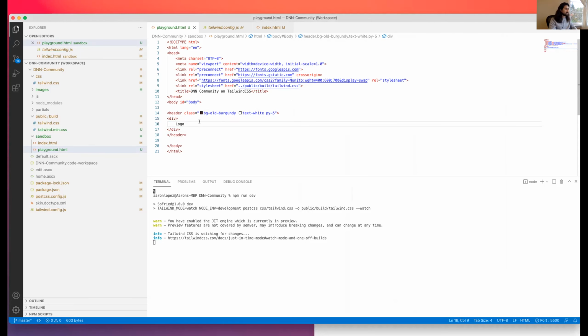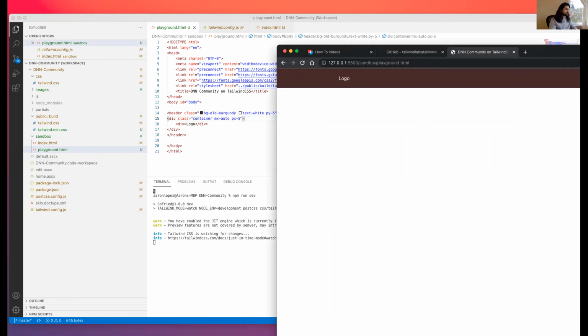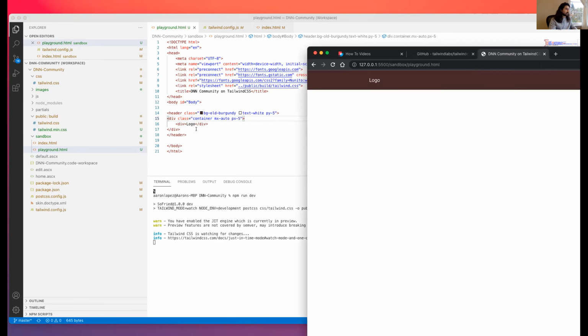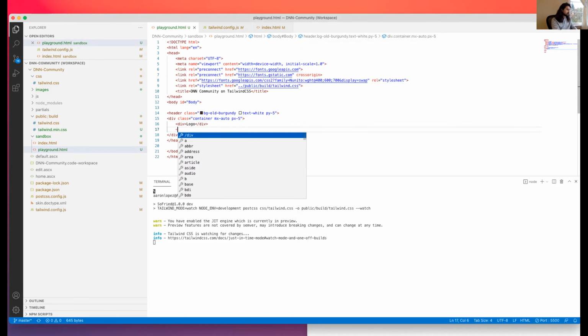And then, you know, you could create like your nav. So if I put the logo inside of a container. So that's sort of a start of it there. Put your nav in a container or something like that.